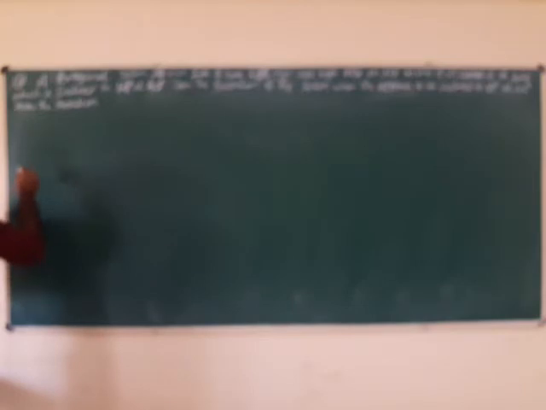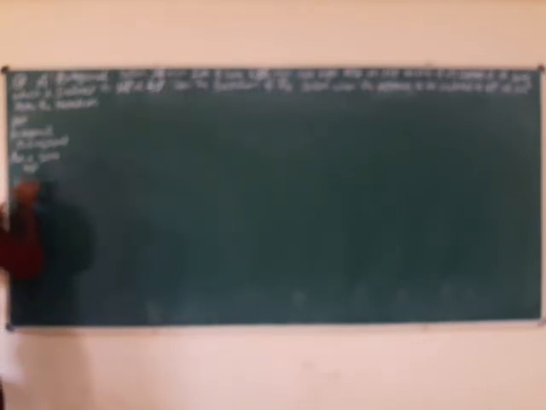First, I will write the data. The data is given: pentagonal prism, 20 mm side, base axis is 35 mm, resting on HP with respect to corner. Next, the second step is HP: the first step is HP, and the second step is always HP. The HP angle is given as 40 degrees and the VP angle is also given.